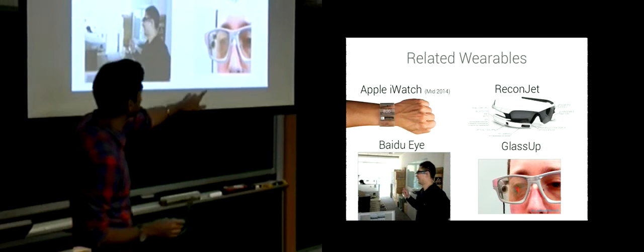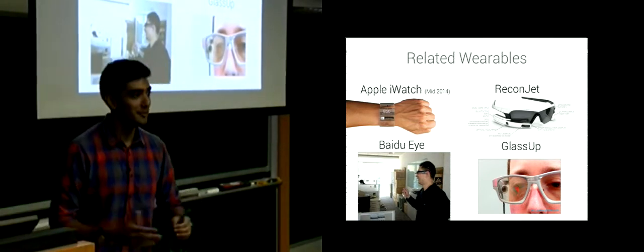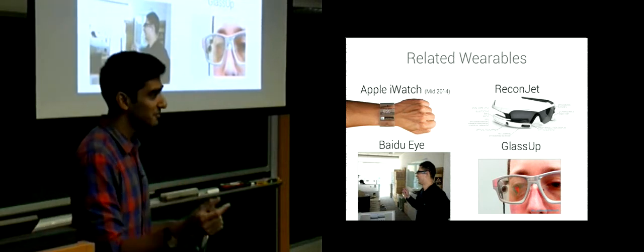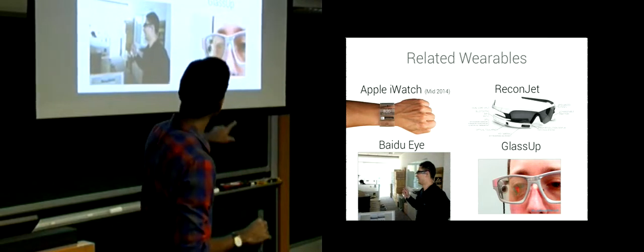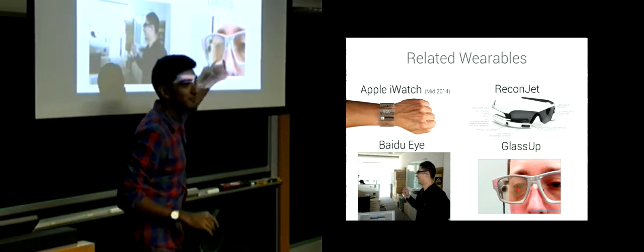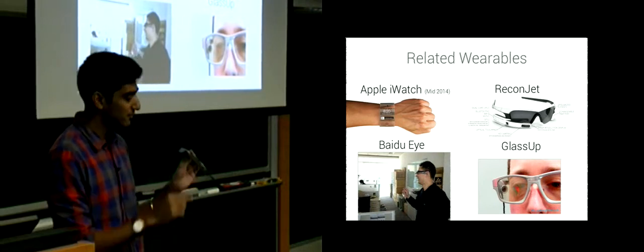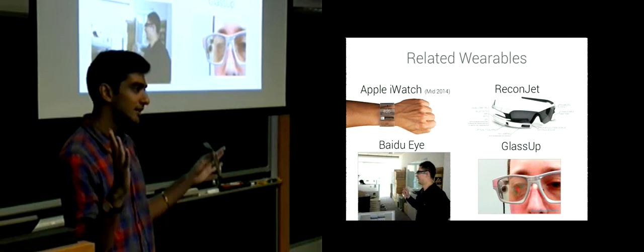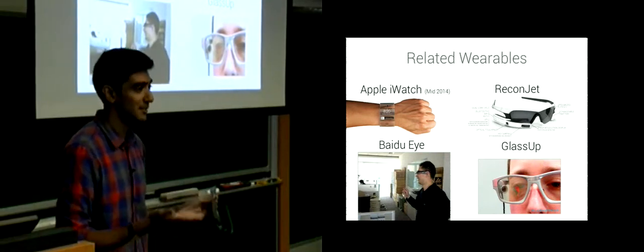This one is Glass Up. This is a startup's attempt at making a better looking version of Google Glass. Remains to be seen what you think. It works through projection as well, but instead of a prism, there's a slightly different film as part of the lens itself. You can see it right here, a light red version. It's monocolor, but their idea is that instead of putting a prism, we can focus anywhere. Let's put it as a flat layer, and that way we can decrease the size of the electronics. The fact that the prism has to be big is a big